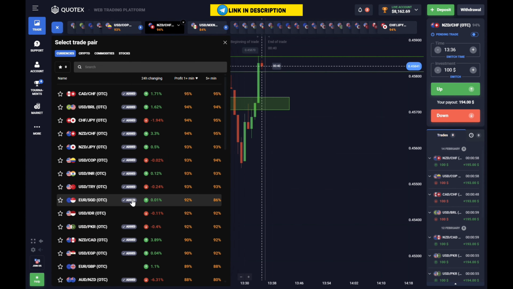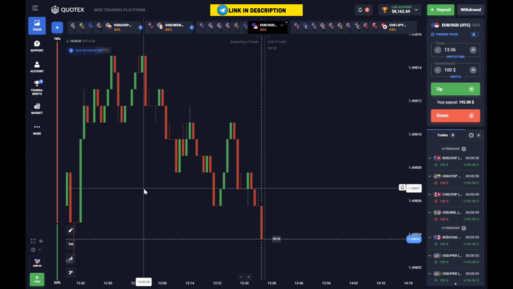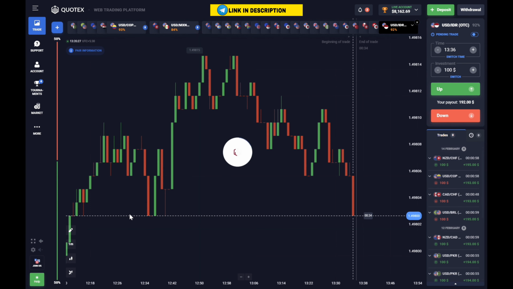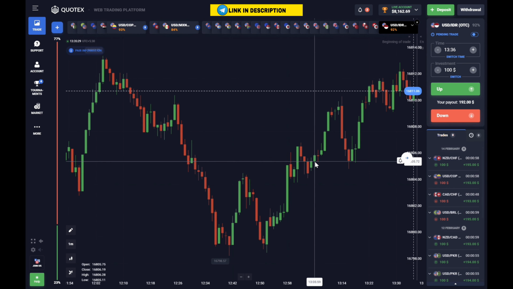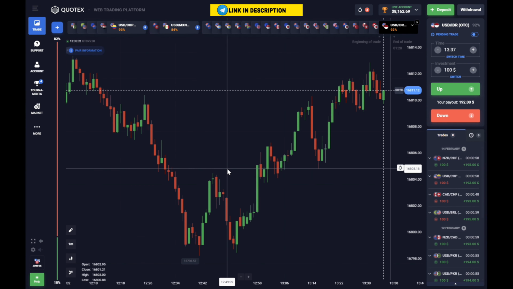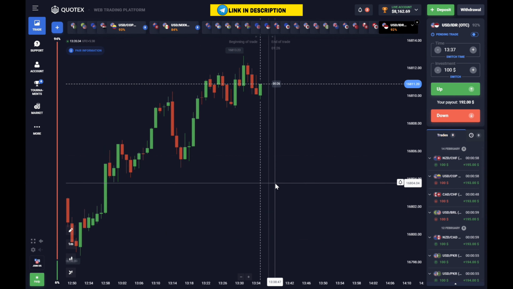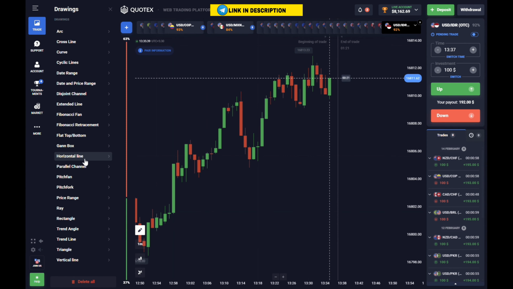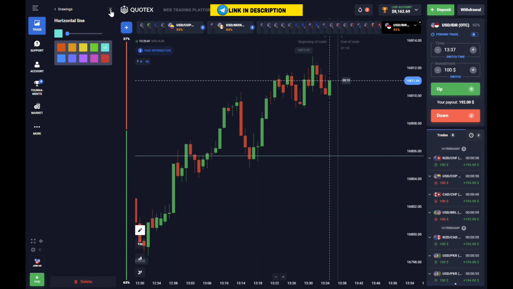And again, I am changing the chart here to take a look. I will try to find a chart with a good movement. I feel that the first priority, according to me, should be to have a chart with a good movement, because that's mostly what I do. So here I am looking for a chart with a good movement, and in that I need to draw support and resistance. So first of all, I have taken a horizontal line here.